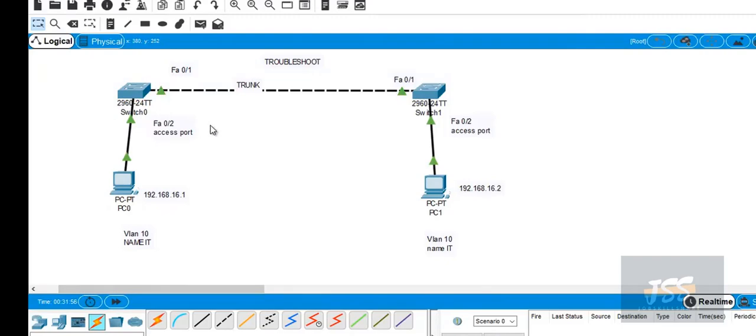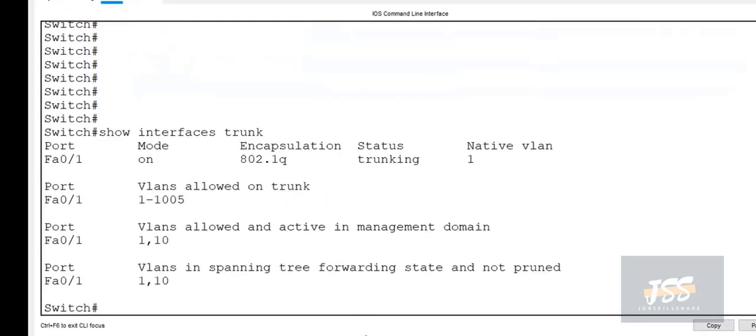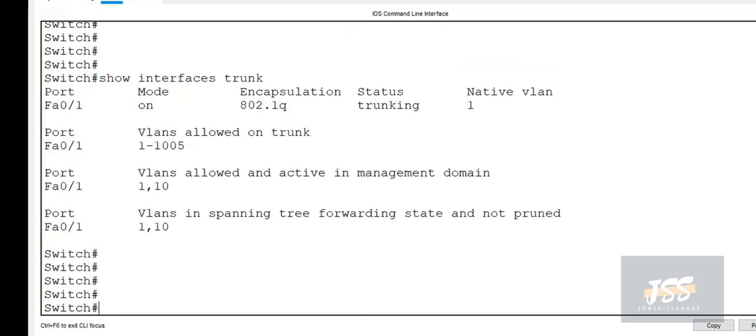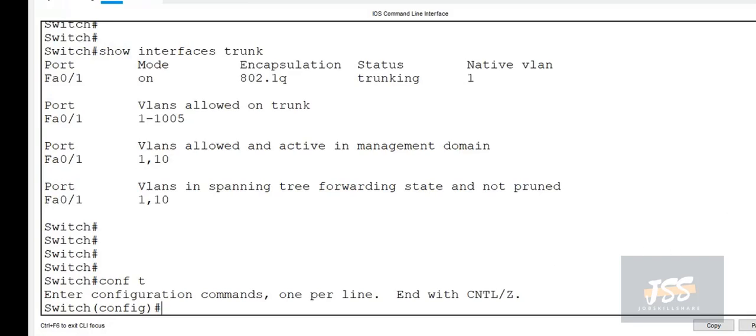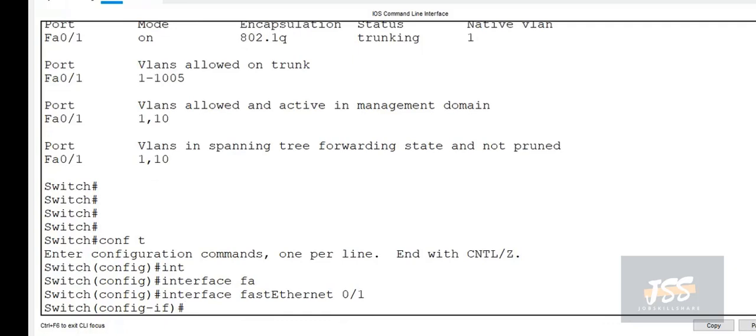First, on and auto modes can negotiate, so that's not the problem. Now we have to allow the VLANs through the trunk port. For that we move to global configuration mode, interface FastEthernet 0/1, and allow all the VLANs.